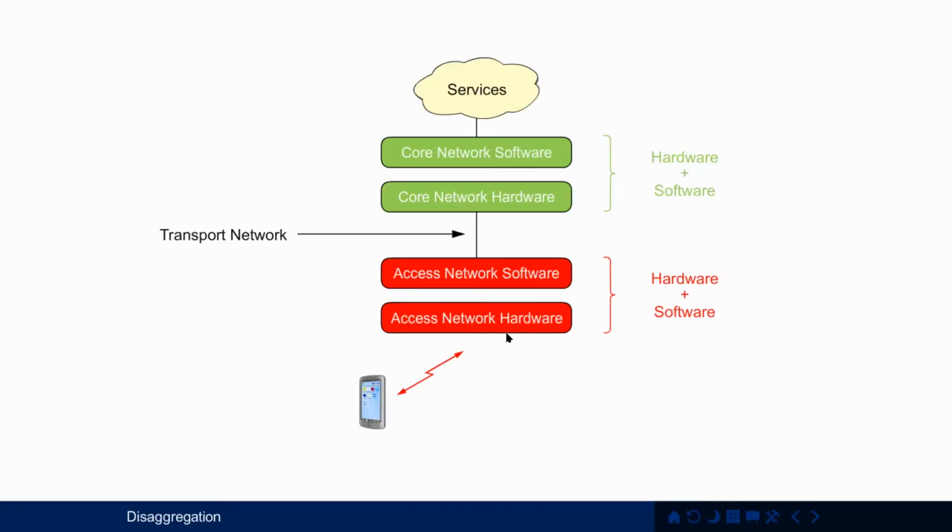And that has never been the case previously. We always have to get the software and the hardware. It comes in one package from one vendor. So we're always locked in to one vendor. We can make more economical sense of the system if we can actually separate the hardware and the software and source them from different vendors.